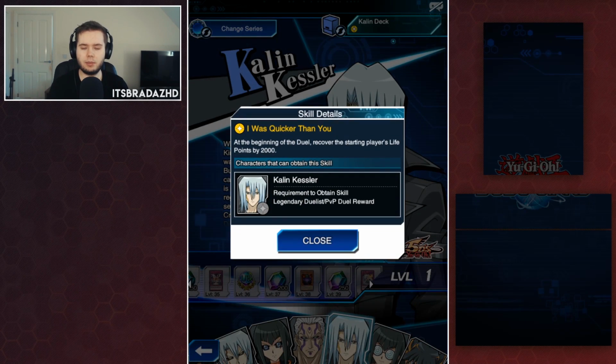I was quicker than you at the beginning of the duel. Recover the starting player's life by 2000. This one is so funny because it's a completely RNG based skill. Now, if there was a proper coin flip, you know, choose a coin, if it lands heads or tails, or rock, paper, scissors, this might be better, but